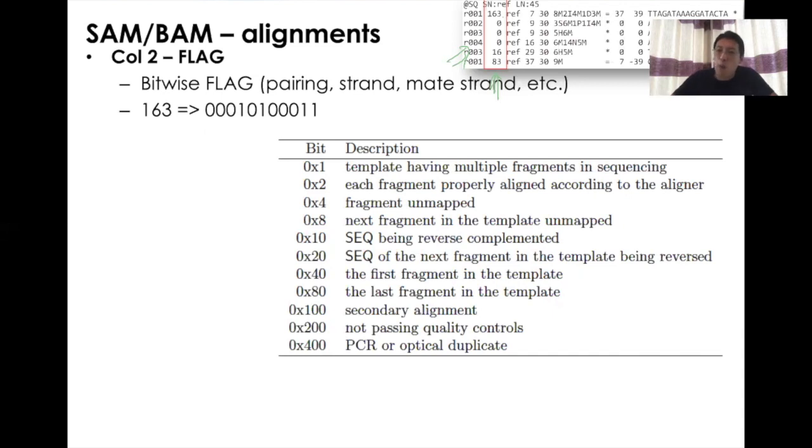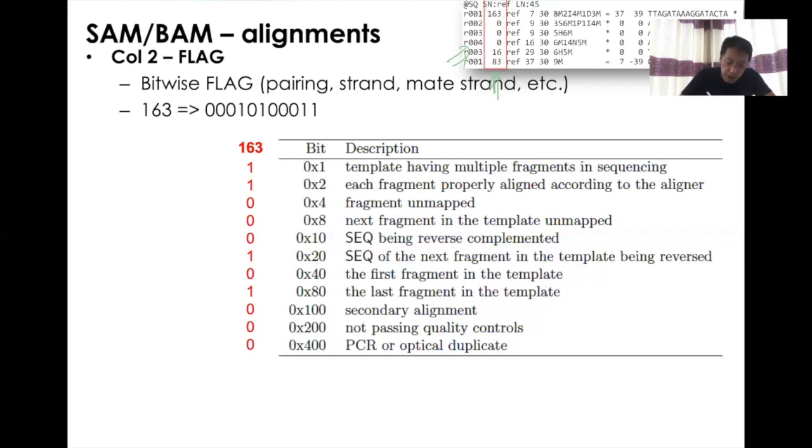So let's see what 163 means. Actually, 163 can be converted into this binary data, 00010100011. If you use a binary converter, you will know this is right. In reality, how we operate is going to be from bottom to top, and then to